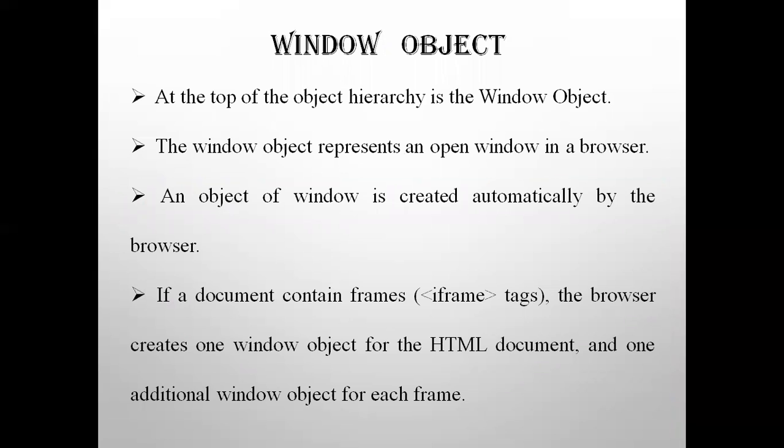Be thorough with all the concepts. I repeat again, these methods and the properties we will be using in our practicals. So learn all the programs step by step, execute by yourself and see how it is running. Change the color, change the properties and see. Change close to open, open to close, and see how it is being demonstrated. Likewise, you can change and do it by yourself.